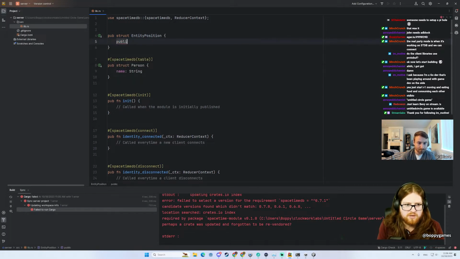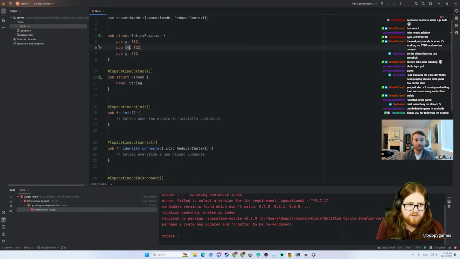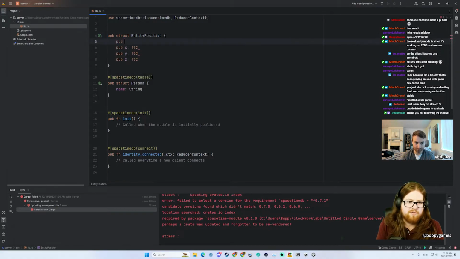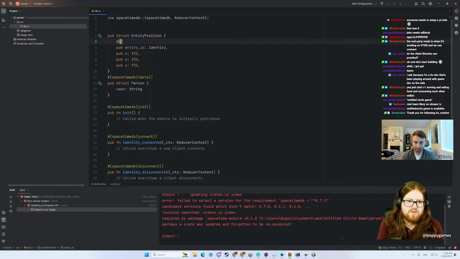It's going to be pub x, which is going to be an f32, y, and z. Okay, y, z, very easy. We'll also have pub entity_id, that's going to be an Identity. You probably don't, for what it's worth, even need to do entities. I think it's maybe even overkill. You could just have circles. I think we only have circles, and then later on, if we wanted to have different types of